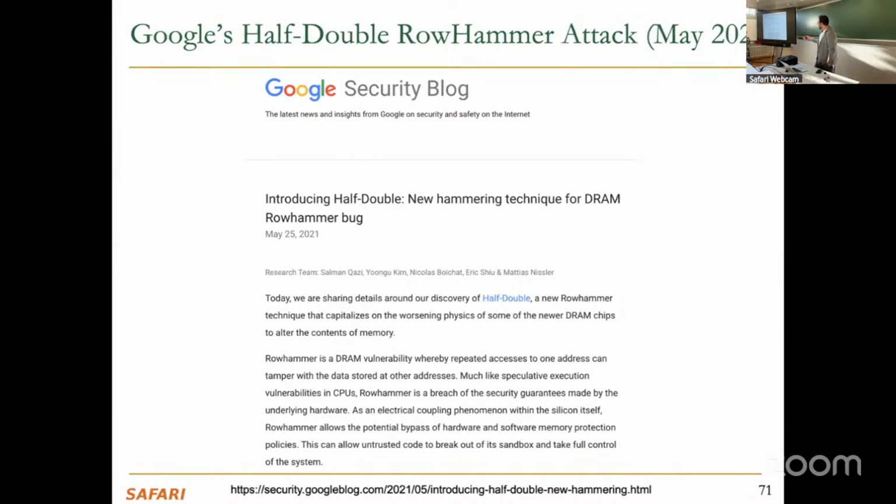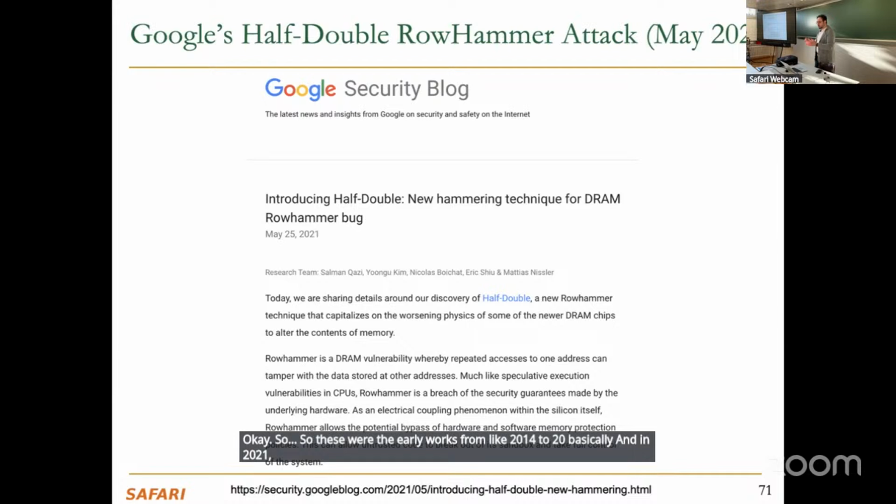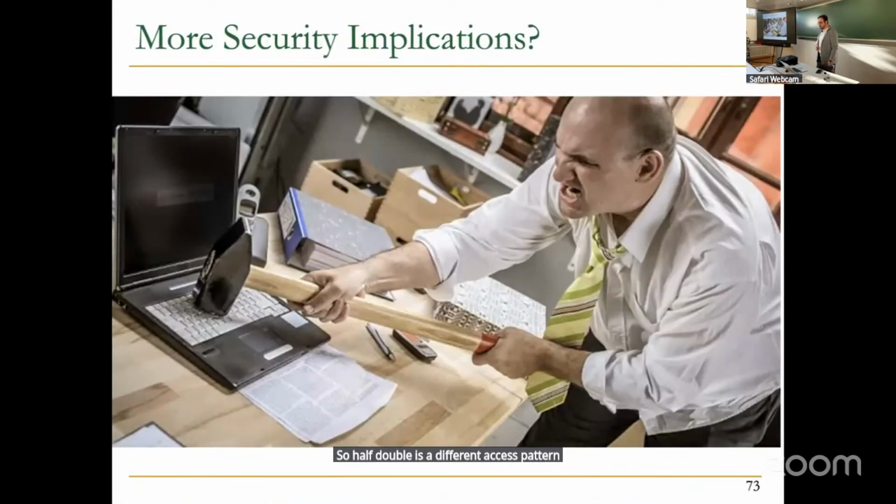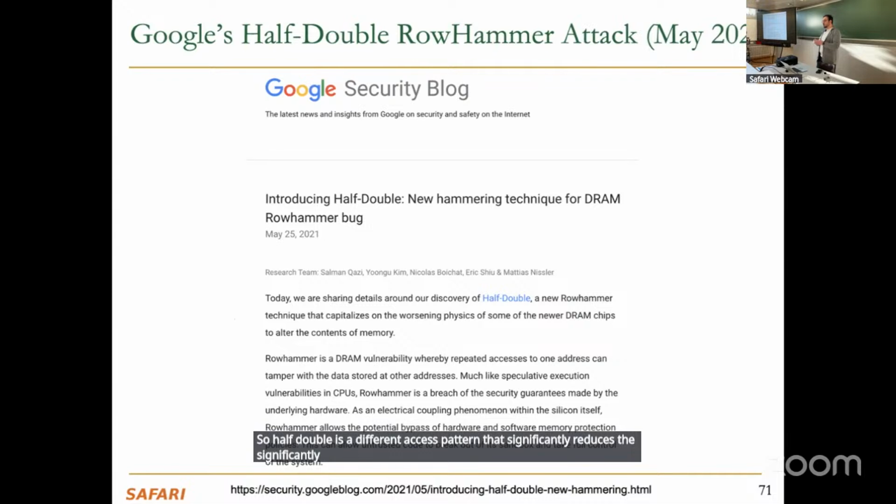So these were the early works from 2014 to 2020, basically. And in 2021, people also, this is a Google work, basically, that shows different access patterns. So Half-Double is a different access pattern that significantly reduces, basically overcomes